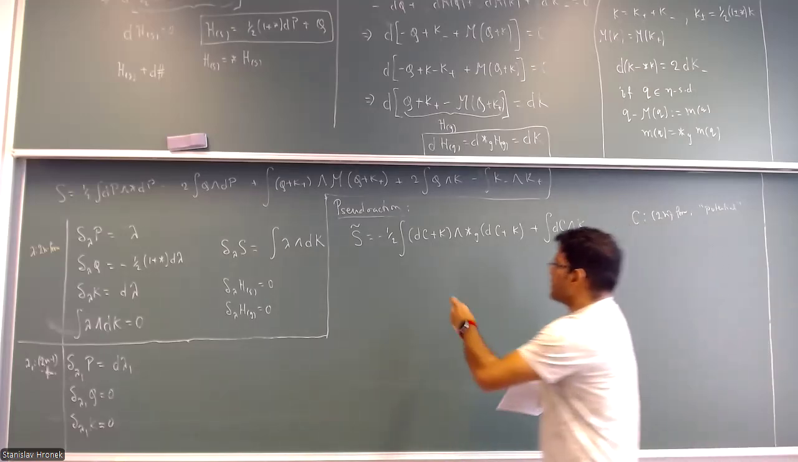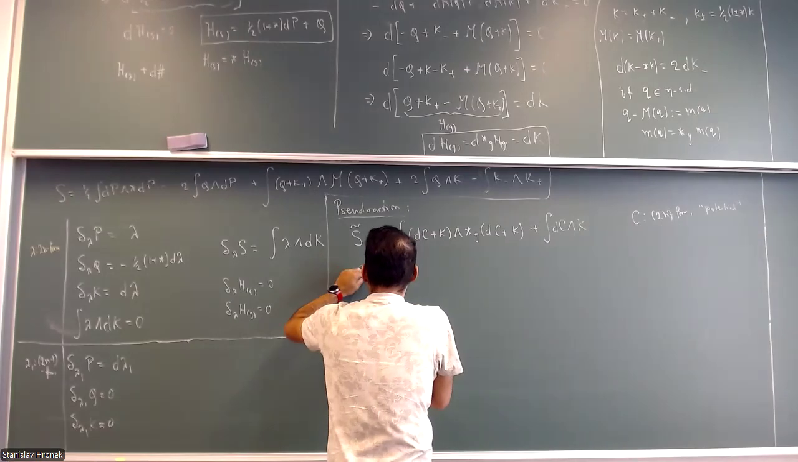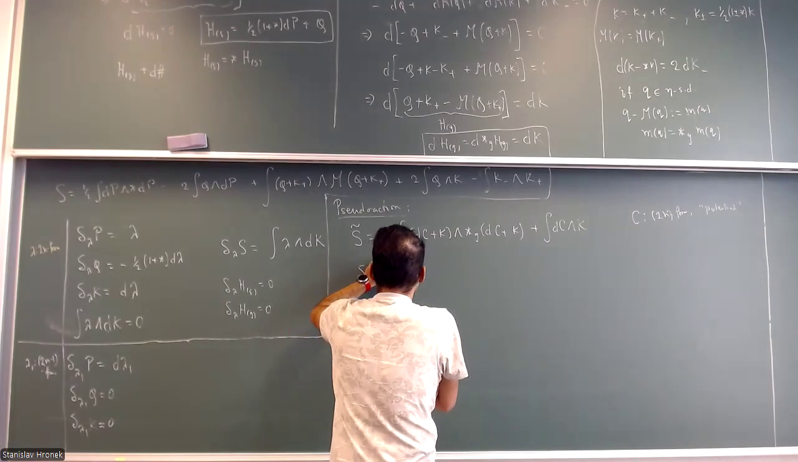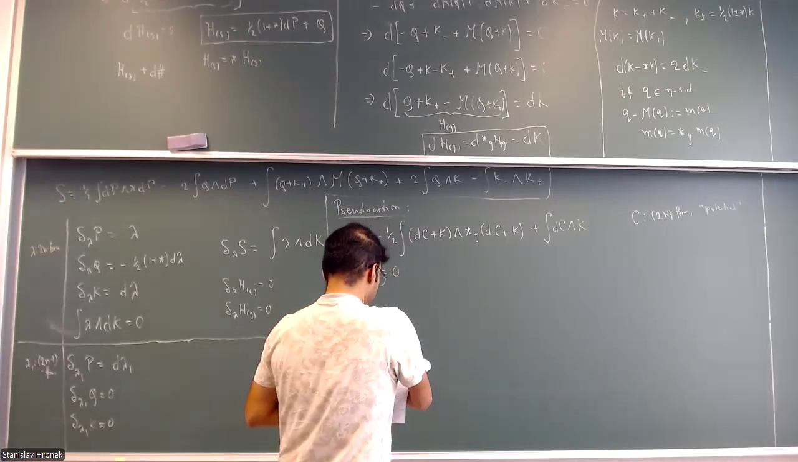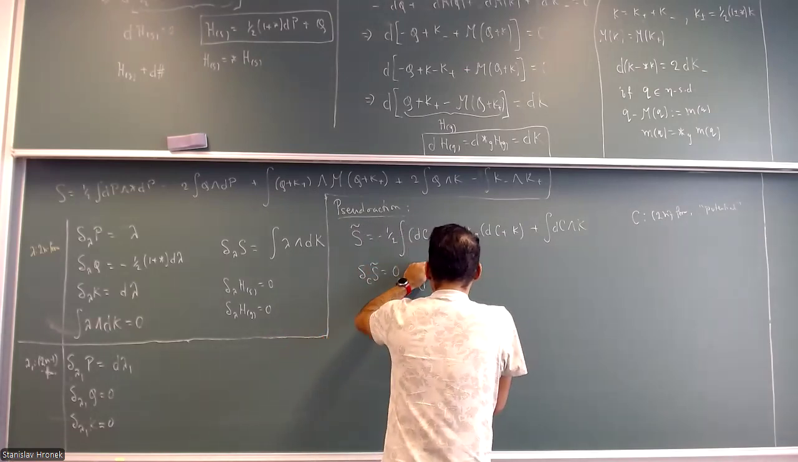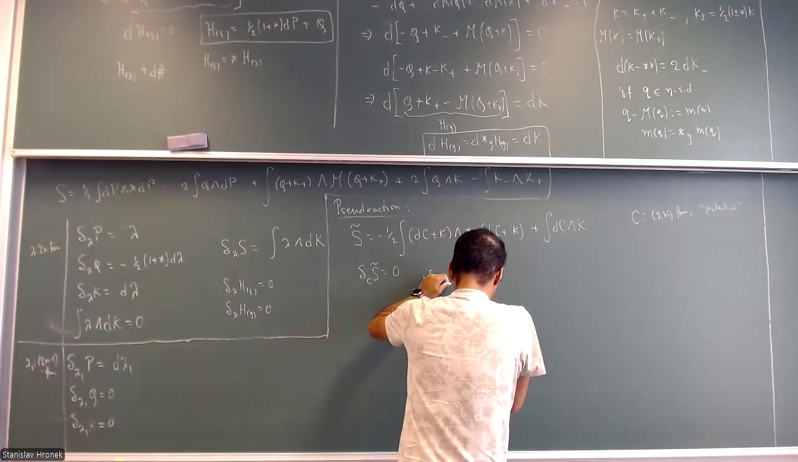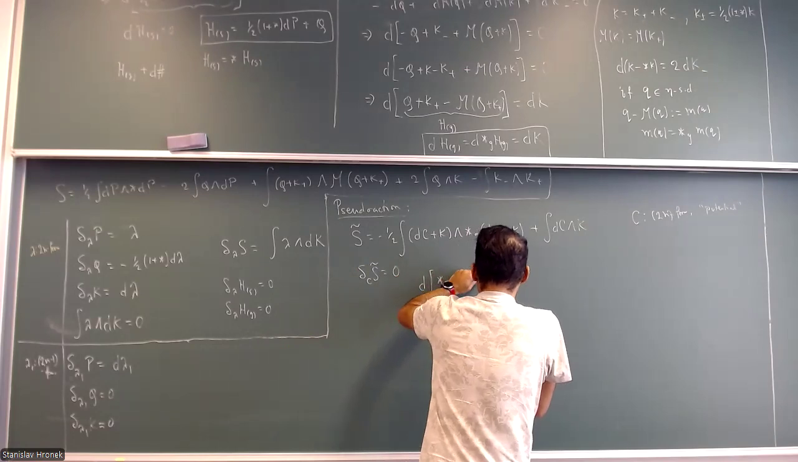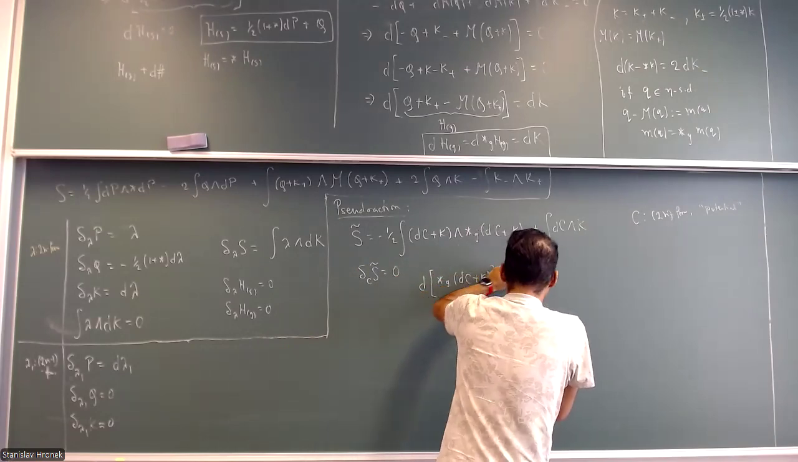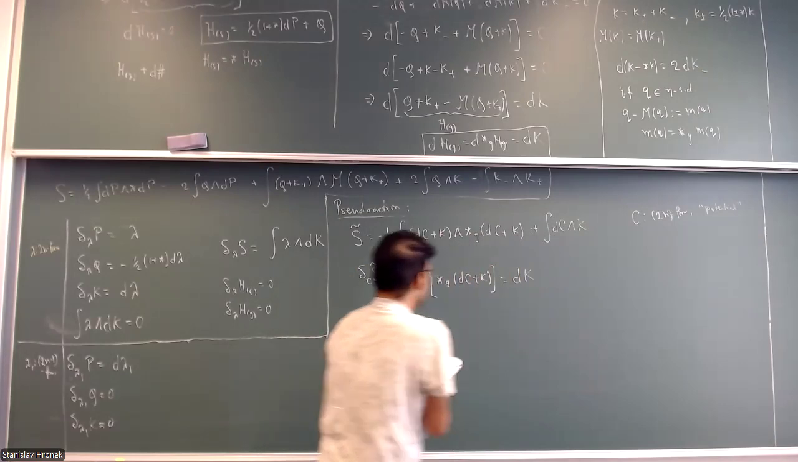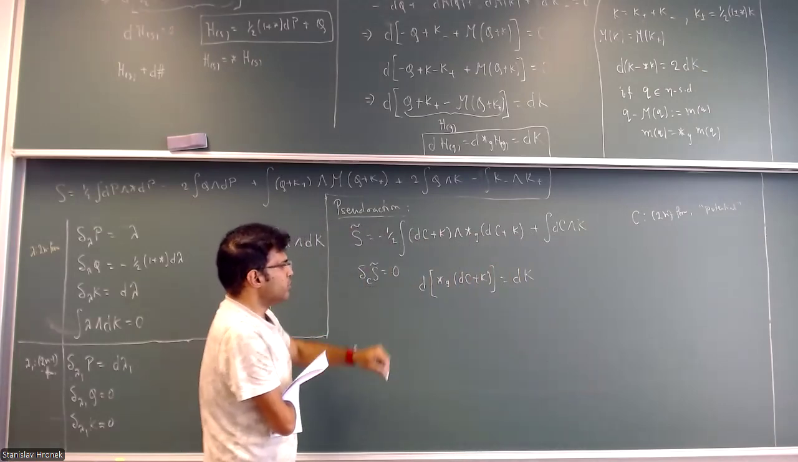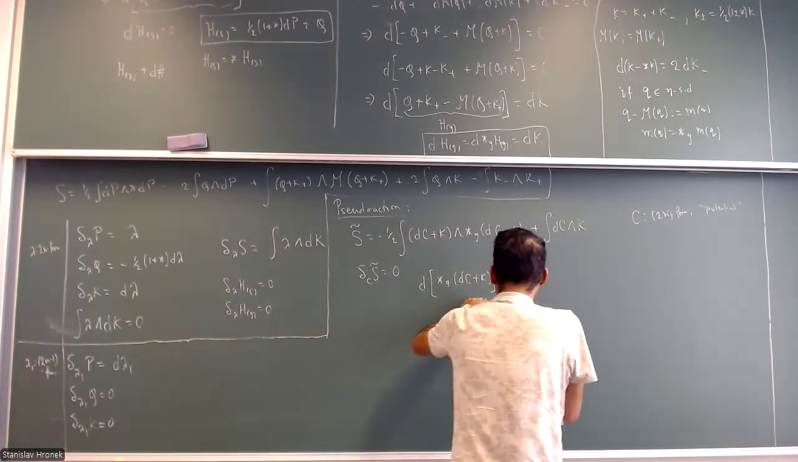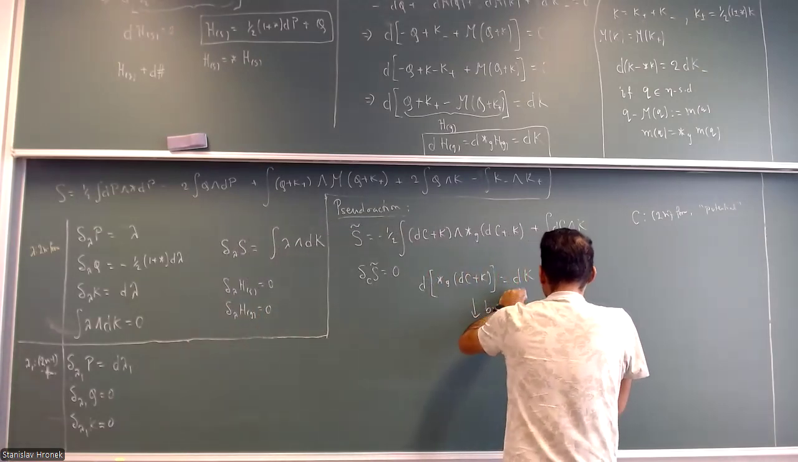And how does this work? Okay, first you vary with respect to C, and then set it equal to 0. And this gives you the equation of motion, d star T C plus K equals dK. And on this equation of motion, you now by hand demand